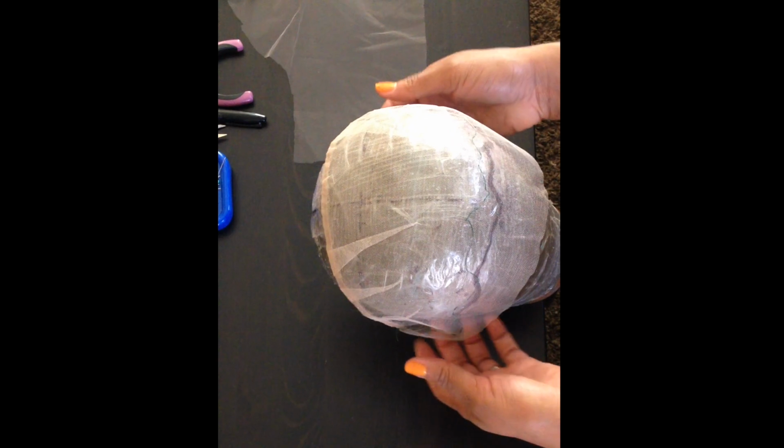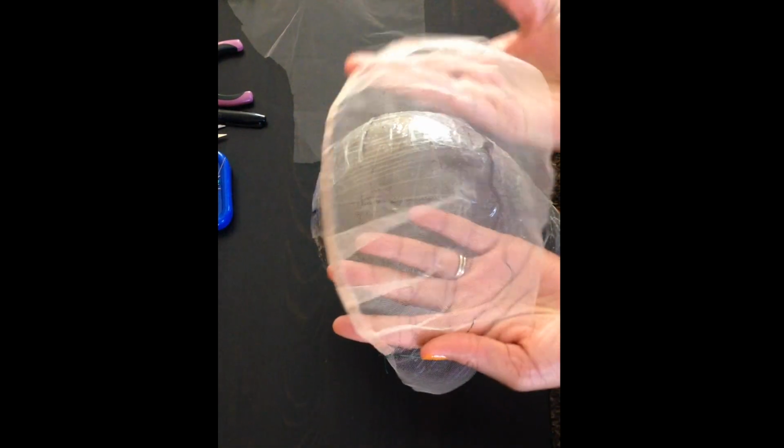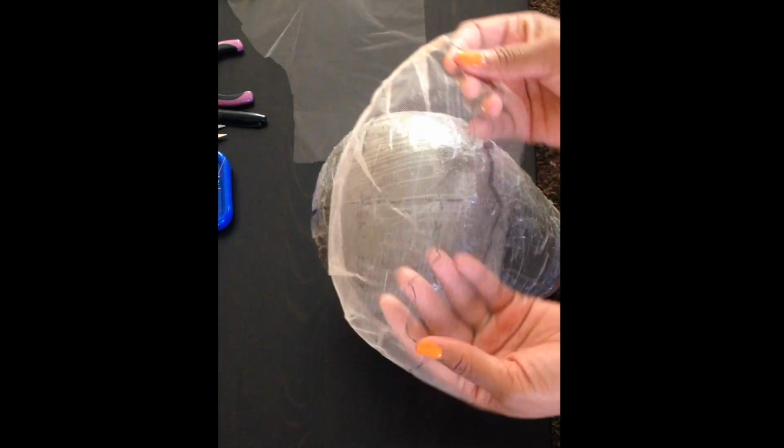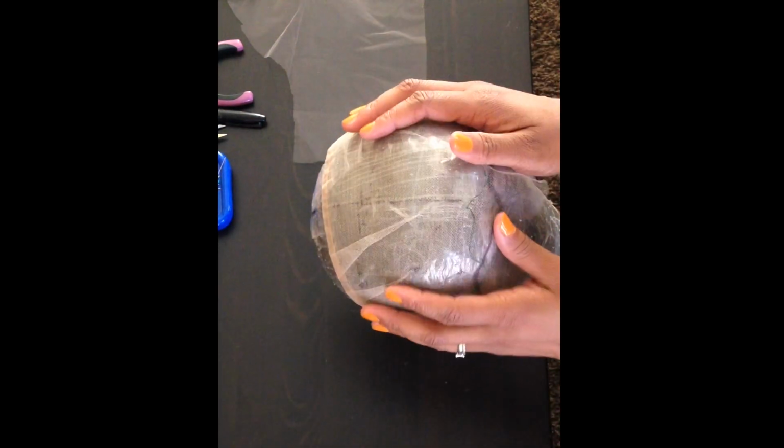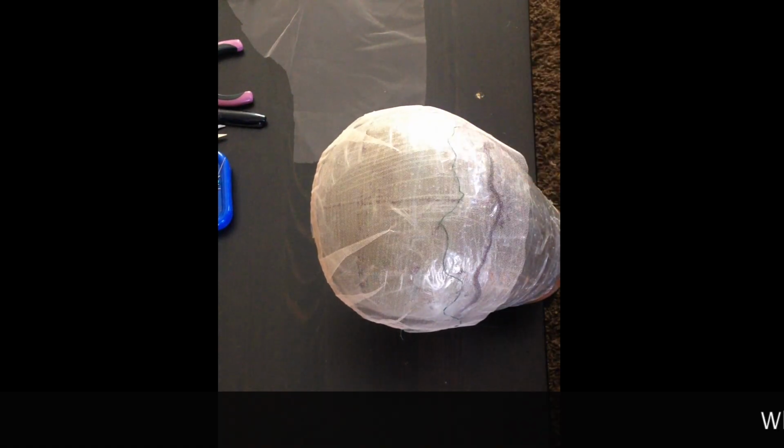Hi, so today we're going to work on this frontal base right here. I'm going to teach you how to make one of these. So this is about a 5 to 6 inch frontal base, and what you'll need to make this is your